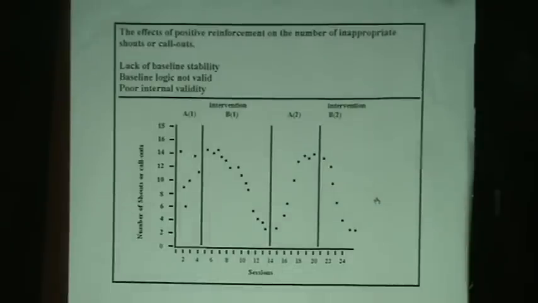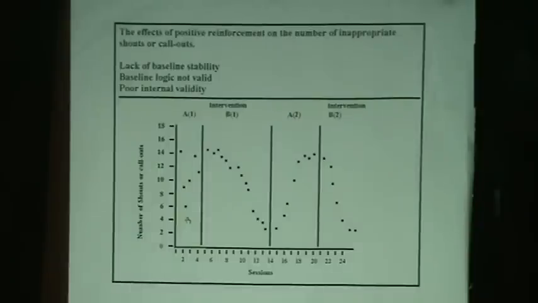Now, let's take a look at this one. This is the baseline condition. Notice here that this baseline data is not stable at all. It's all over the place. So, the researcher should not have intervened and carried out the experiment. This data, even though it looks like it moves in a therapeutic direction and then goes back up and then comes back down in a therapeutic direction, even so, since there was no baseline stability in the initial baseline condition,